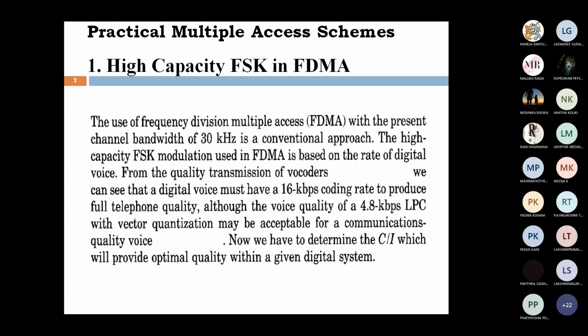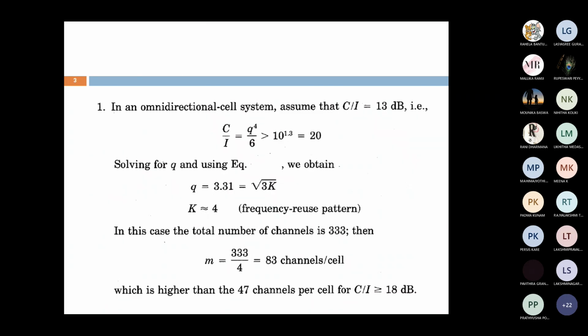Similarly, in this topic we calculate the number of channels for each cell by a reverse method. In unit 3, we were given the frequency reuse distances and calculated the C by I ratio, and the K value was also given. But now, we first have to find the K value, then calculate the number of channels. The first problem: suppose we are given the C by I ratio equal to 30 dB, and the distances are equal from the central cell.